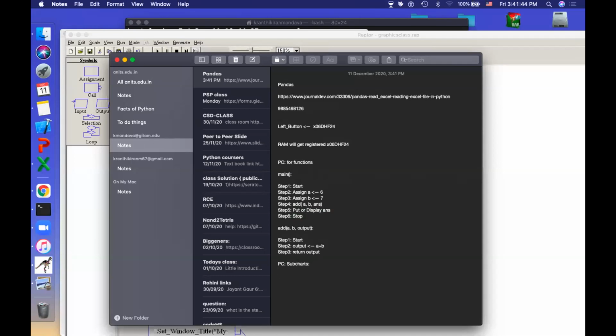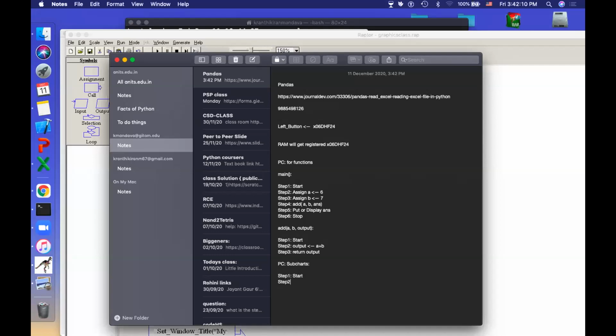Subcharts also the same, but the difference is that you have a lot of things to do in the subcharts. So let us take a plus b and so on. Okay, there are two functions that we, sorry, not functions, two calculations that we have. So let us take the whole thing like that. Step 1, start.